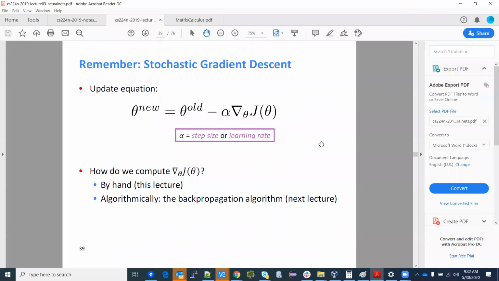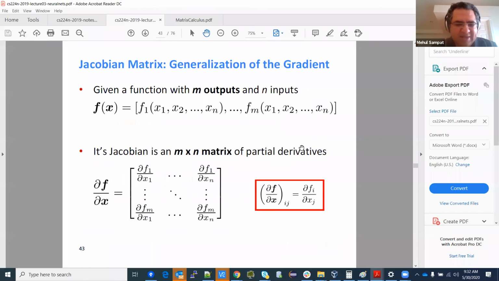Yeah, sorry I didn't get through all of it. I'll try to summarize the matrix math and the backpropagation in the next